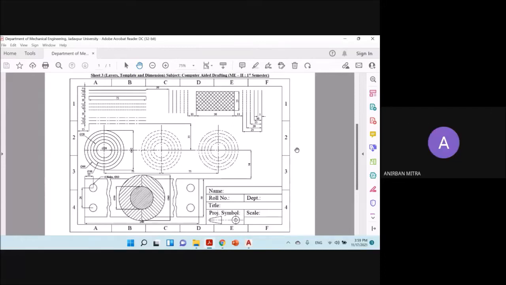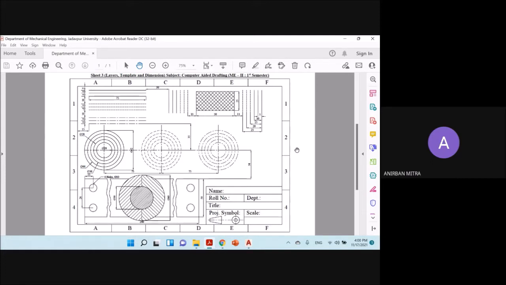So this is problem sheet 3. As you can see, this is basically a practice on the basis of different layers, the template and dimensions. So you can create this in the layout itself. Obviously you will have to set up an A4 sheet in the page setup. You will of course need to make the required layers and then create this margin with grid references and the